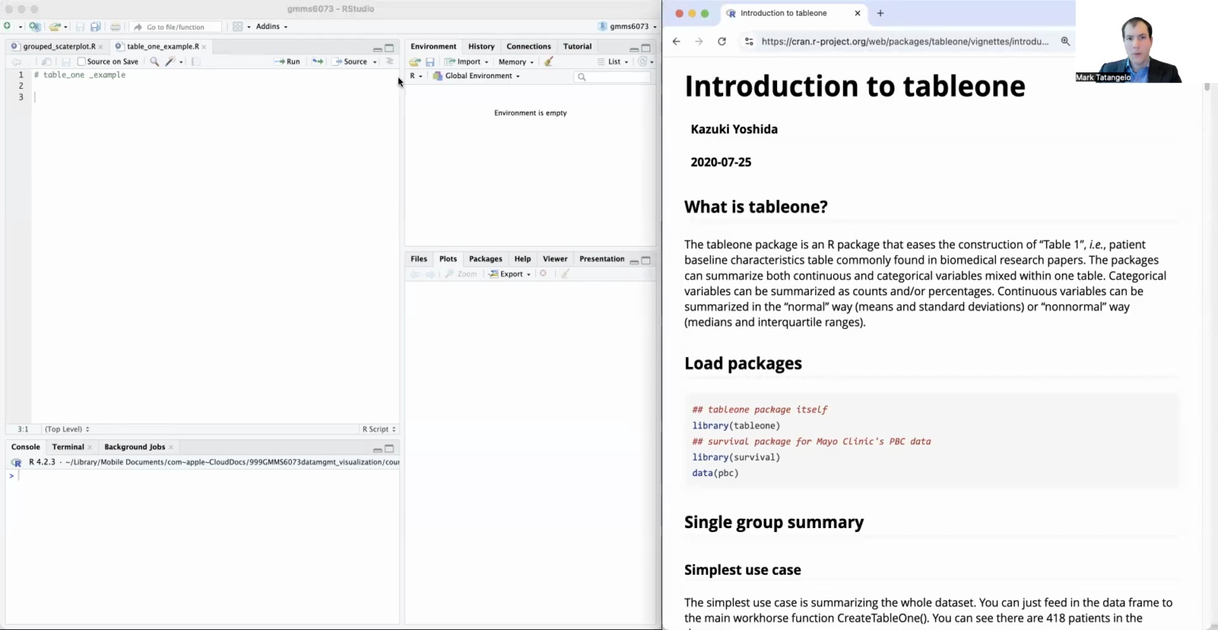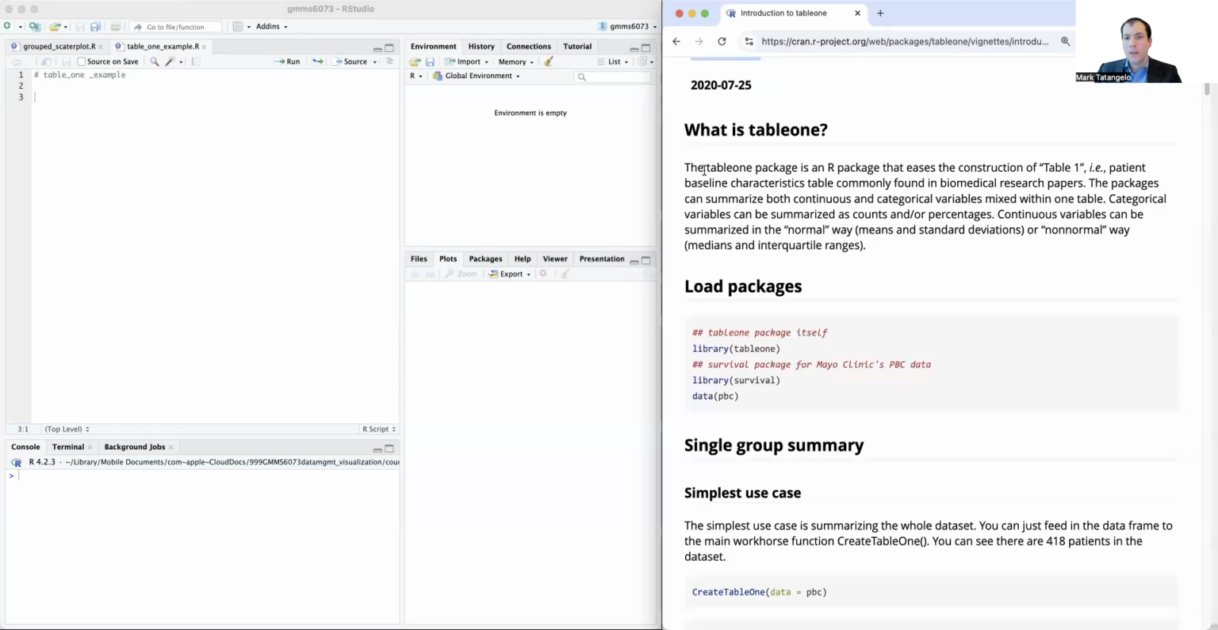Today we're going to look at a very influential package. It's called Table 1. It's by Kazuki Yoshida. I've included the initial documentation inside the learning portal in the modules. The Table 1 package eases the construction of the Table 1, the patient baseline characteristics commonly found in biomedical research